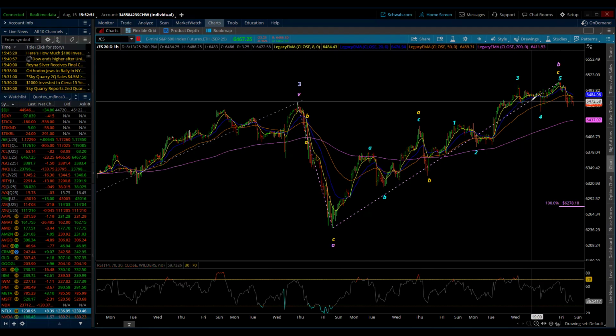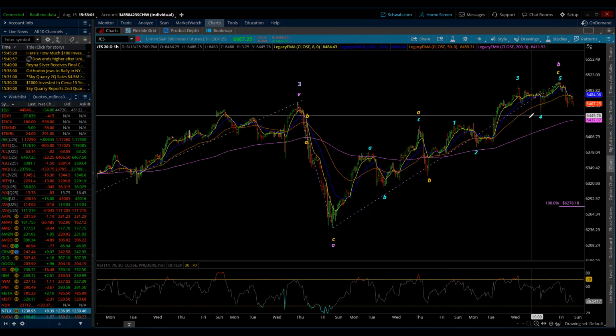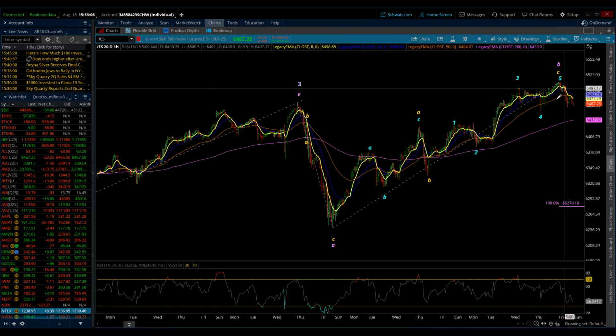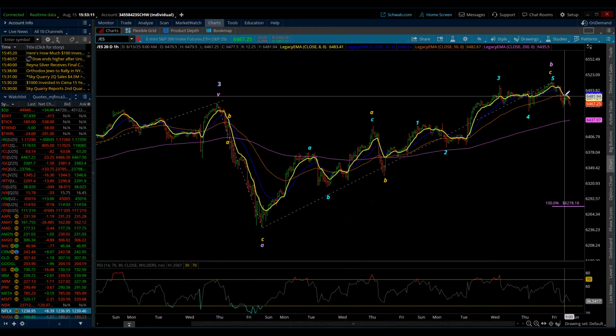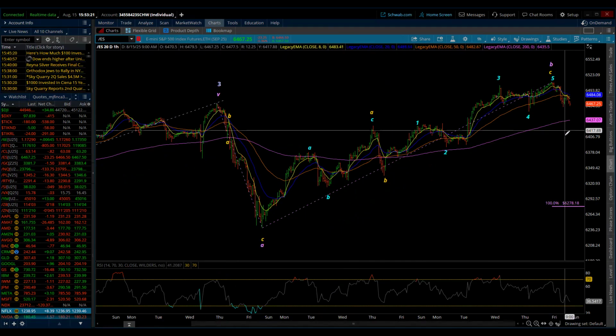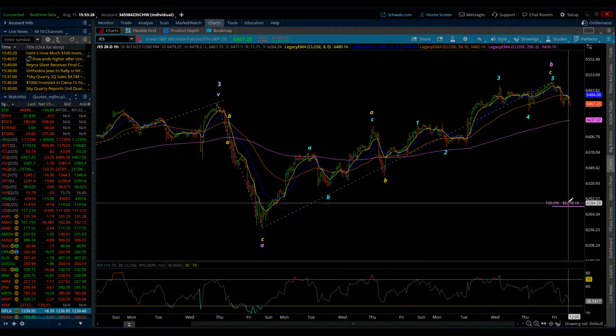Here we had 65.02, and then internally we had 65.08 coming up. And that, I believe, is enough to put that 5 in and the C and the B, because this really started to come off. You can see on that hourly chart, really started to come off. It's like 1, 2, 3, 4. We got another 5, and then I got 5 down. And it's going to be wave 1 of the first wave down. Or it can be all of wave 1. And then we have a 2, and then we have a big third.